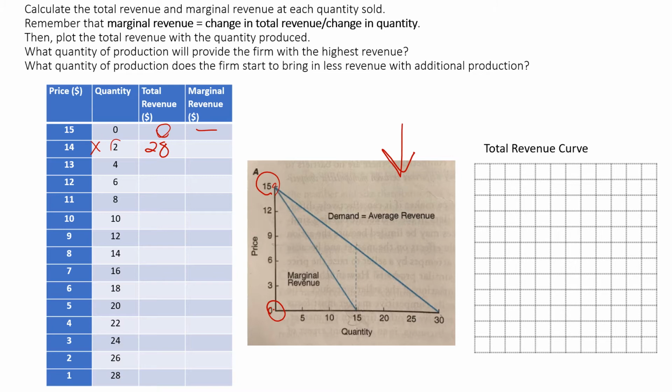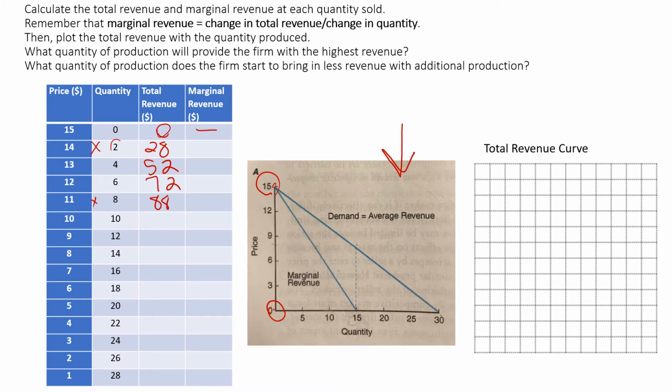So price and quantity. If our price is 13 and the quantity that we sold is 4, we just need to do 13 times 4, which is 52. For the next one, our price is 12 and we sold 6, so 12 times 6 is 72. Next one, 11 times 8 is 88. Okay, let's